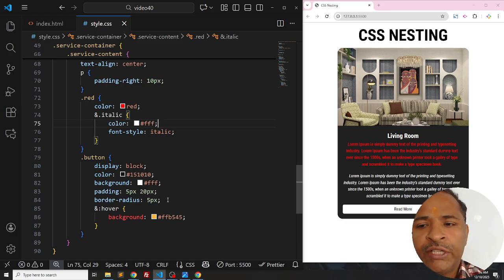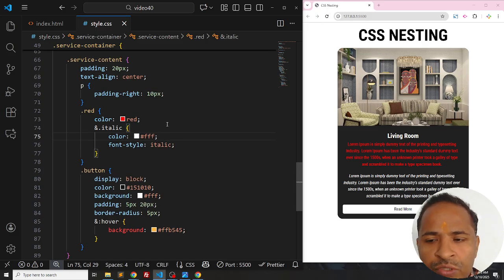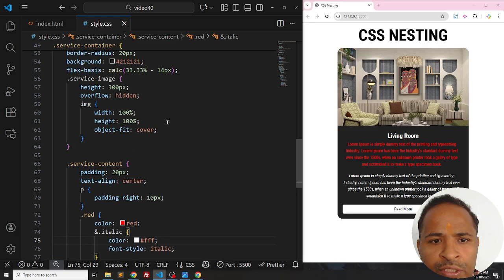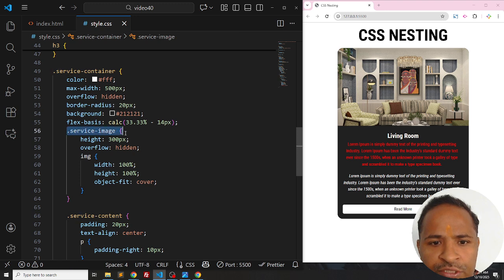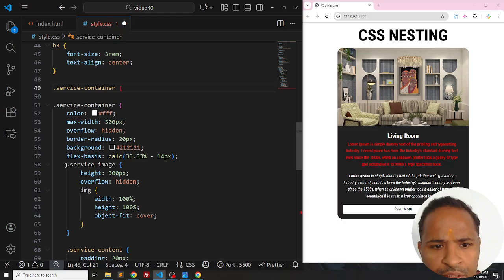When we write CSS, we generally come across pseudo classes like before and after. So how do we write before and after in CSS nesting? Suppose I want to add a black layer over this image. First of all, I write normal CSS, then I will convert it to nesting CSS. We have to target our service image, so we write service container, service image,